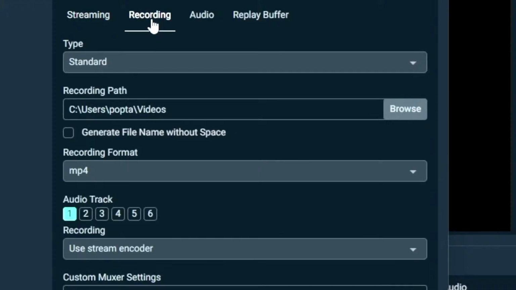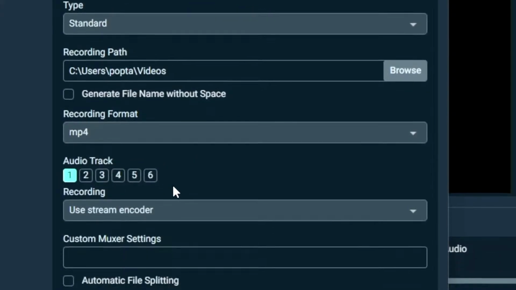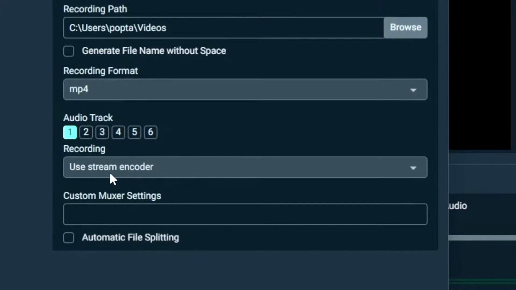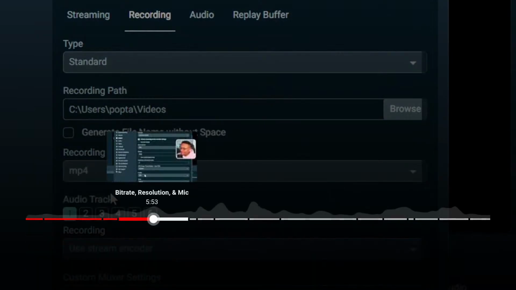If you look under the recording tab, I would change your video format to MP4 as that's much more compatible with a wide array of video editors. Below that, you can keep your encoder the same as the stream settings. On the far right, you'll see the replay buffer